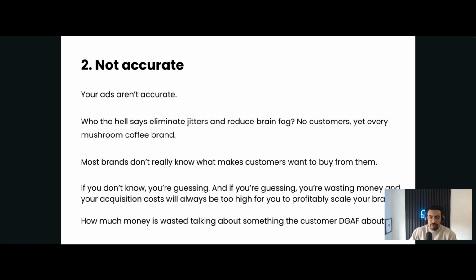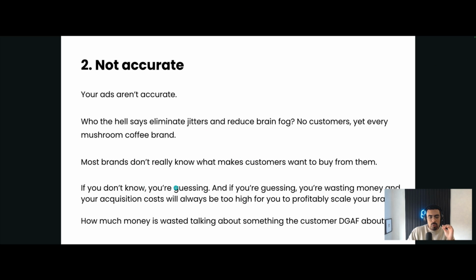So imagine now if we're talking about that exact messaging. They want a protein shake that tastes amazing like a McDonald's milkshake, but they also don't want to feel bad about it. They want it to be healthy. Let's say that is our messaging and that's what they want. How many more customers are we going to get when we compare that to when we speak about something they don't actually care as much about, which in this case was where the protein was sourced, the quality of it, the ratios, the concentration? The customers didn't care about that.